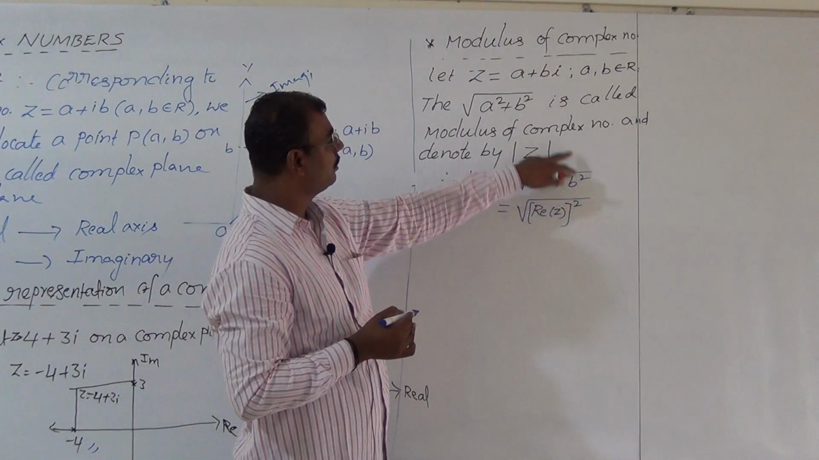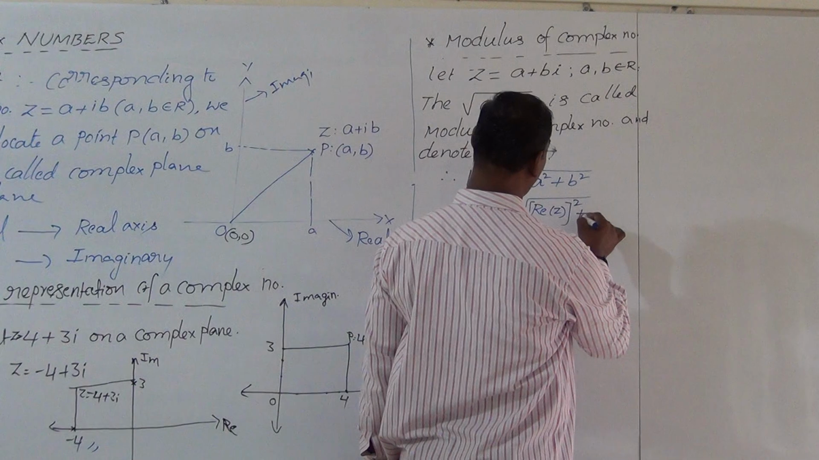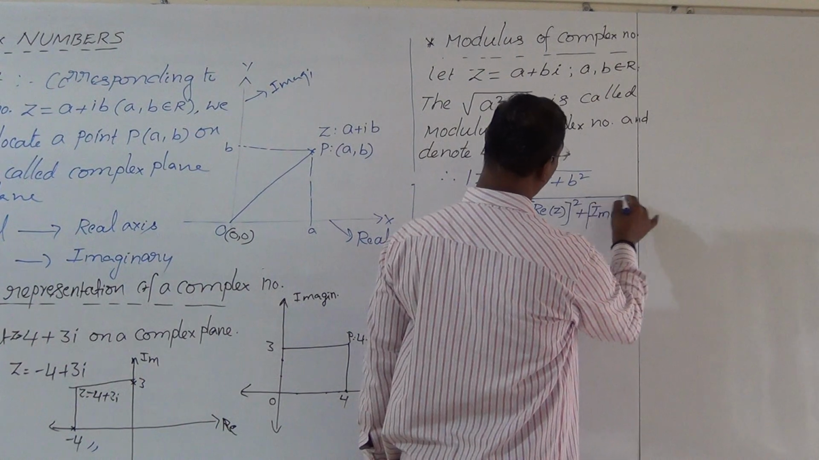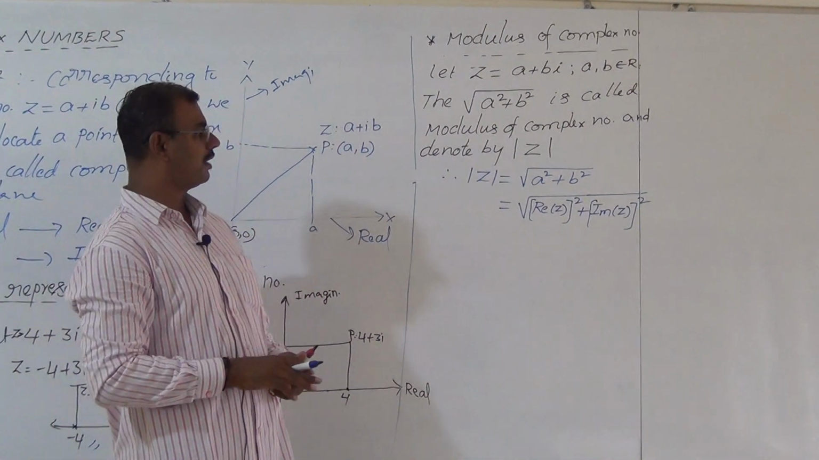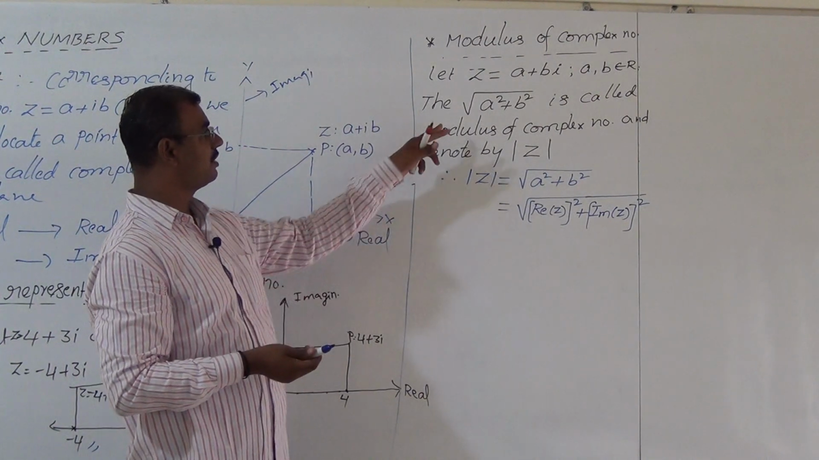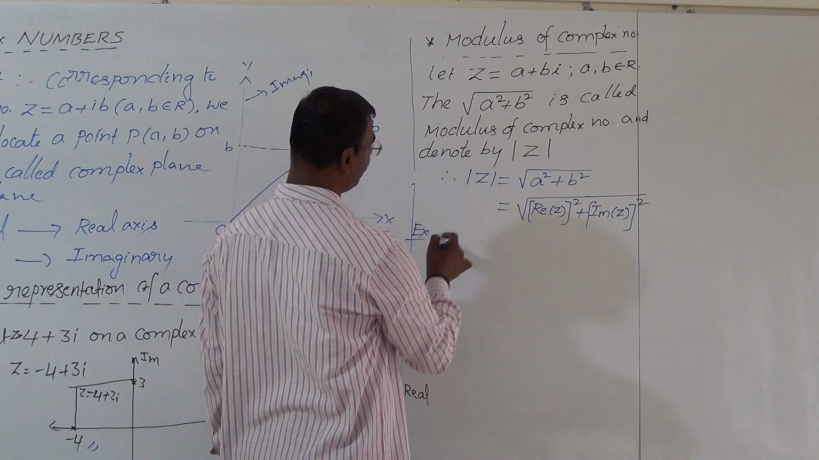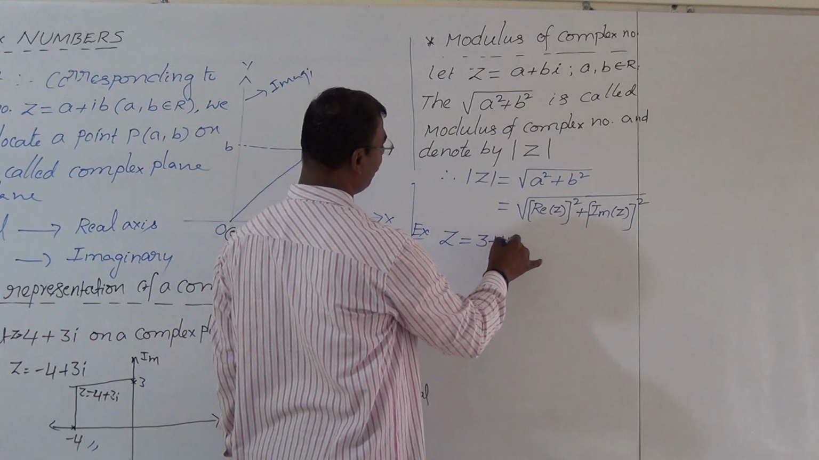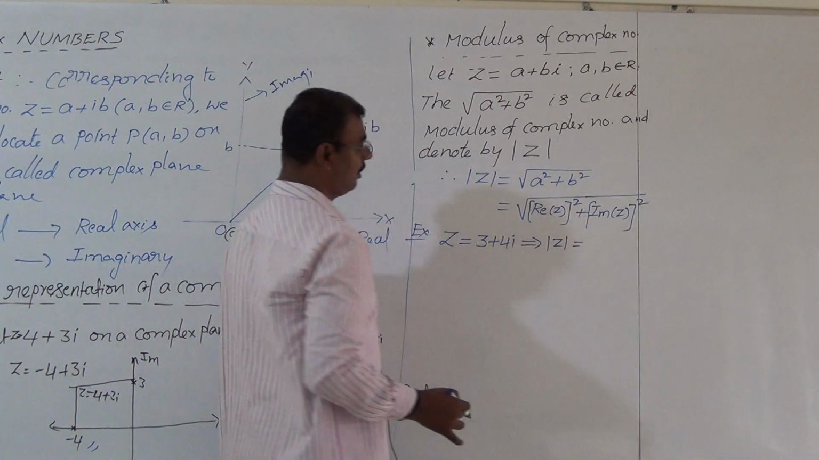what is the b value? Here b means the imaginary part of z. So we write Im of z whole square. All of you keep in your mind this number, very easy. If you know the real part and imaginary part, we get the square root of a square plus b square. That is called the modulus of a complex number. Now the examples. If z is equal to 3 plus 4 iota, then mod of z is equal to,